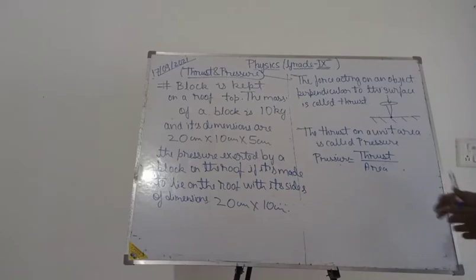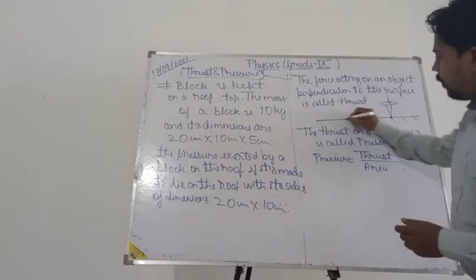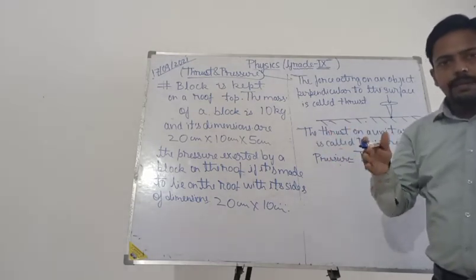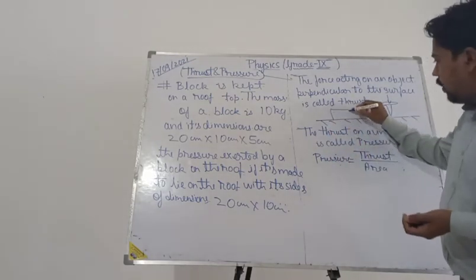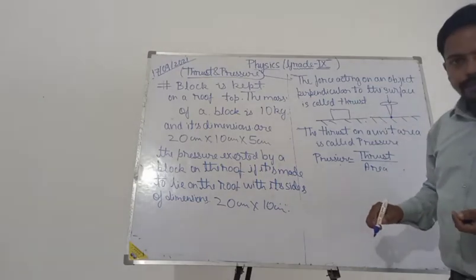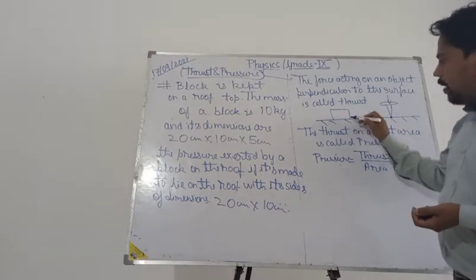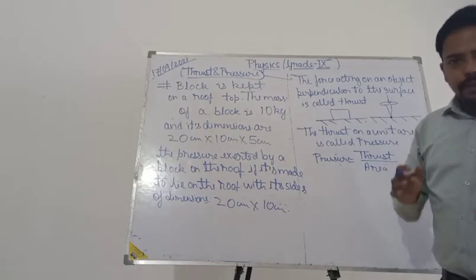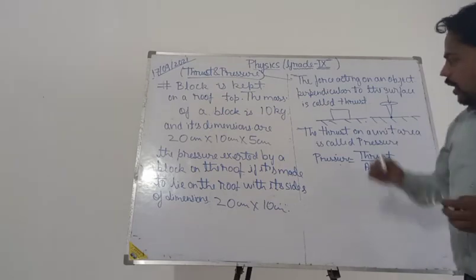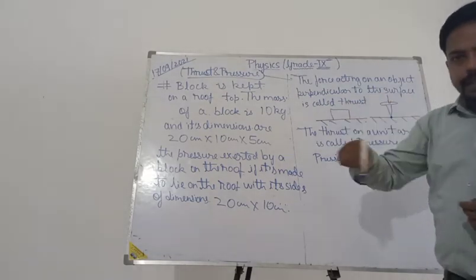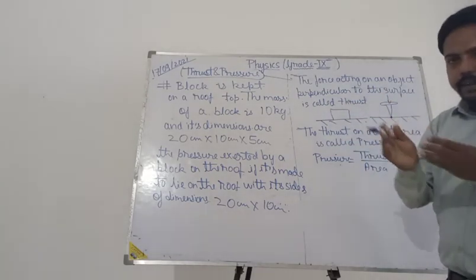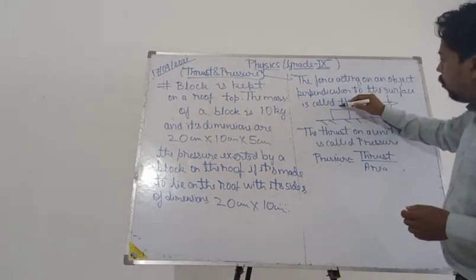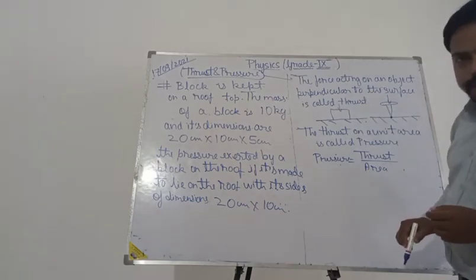Similarly, a very broad example can also be taken. If we are having one block which has some length, breadth and height like this, and we have kept this block on the ground, obviously this may have some length, this may have some breadth. For example, the length may be 20 centimeter, the breadth may be 10 centimeter. So the area which is in contact with the ground will have some length and breadth. And now what we are applying? We are applying a force perpendicular to this from the upper side.